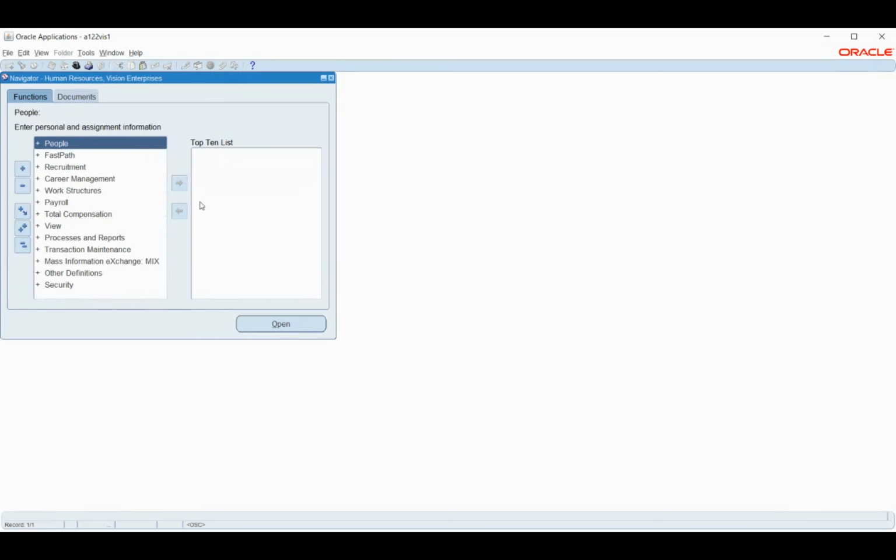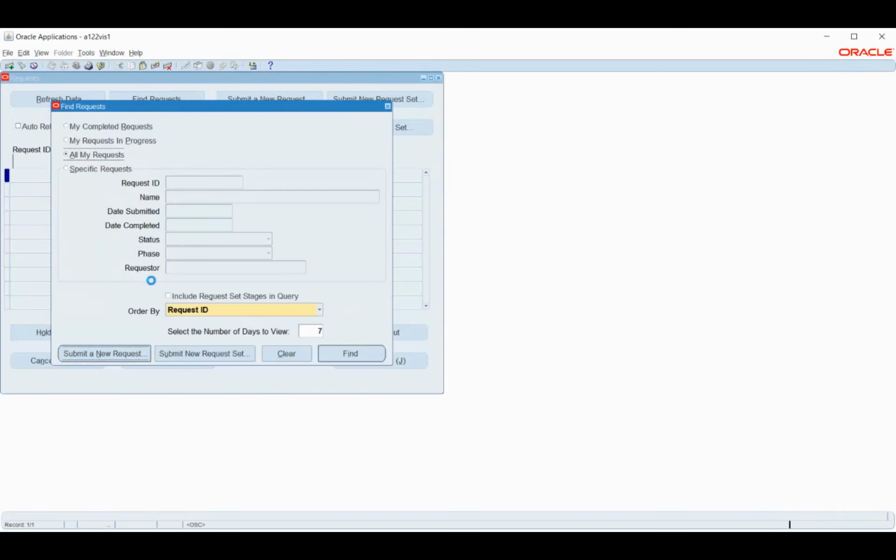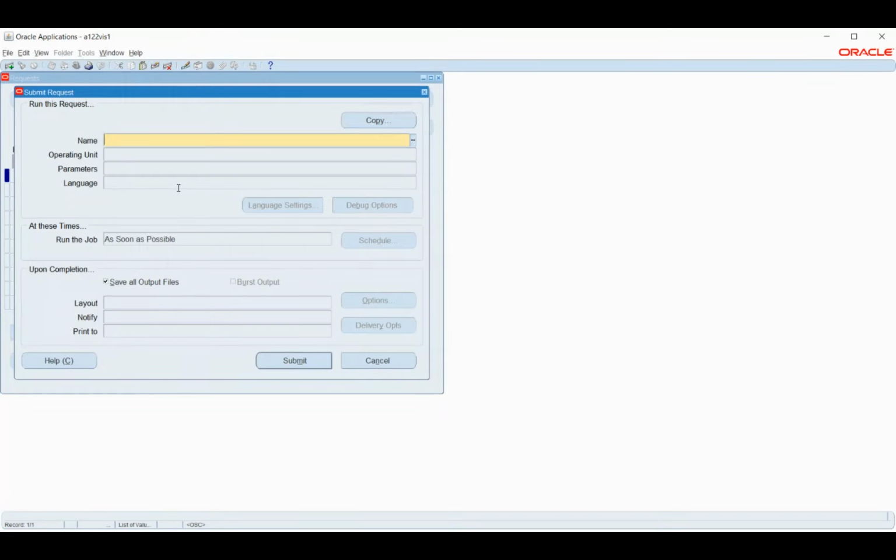So what I will do is that I will run payroll. What I will do, I'll navigate to view request. So under request, I have an option to say payroll run.